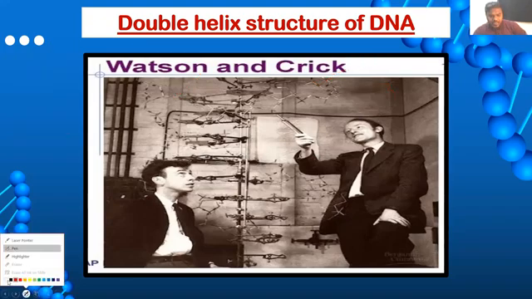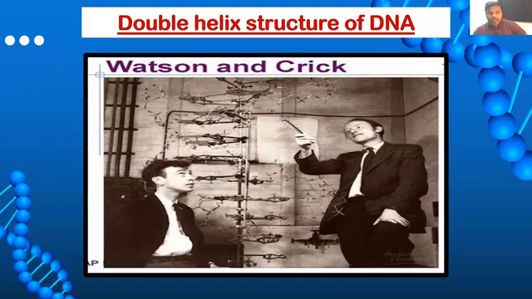Later, the students of Paul, that is Watson and Crick, proposed a double helical structure with the help of what, friends? With the help of the X-ray crystallographic structure taken majorly by Rosalind Franklin, who later was awarded the Nobel Prize. I mean to say, she later shared the Nobel Prize along with Watson and Crick.